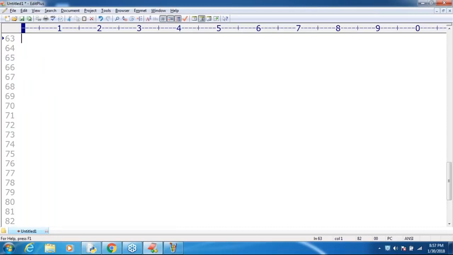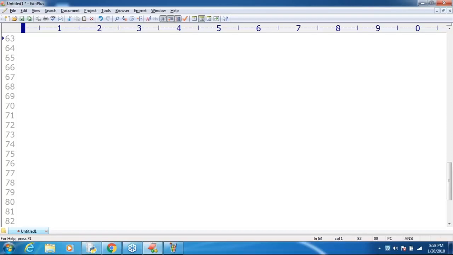Int, float, complex, boolean, byte array, list, tuple, set, frozen set, range, dictionary, and then none. How many inbuilt data types are available? 14. Just remember that, sir.